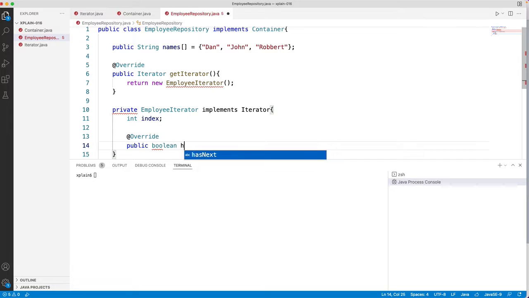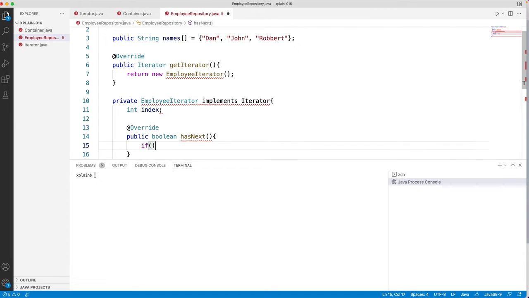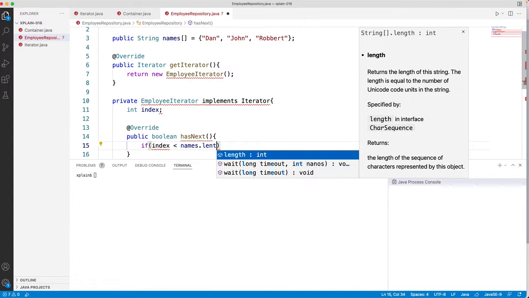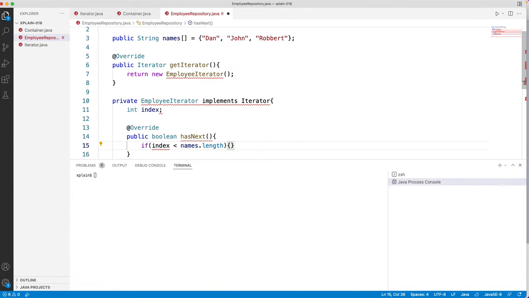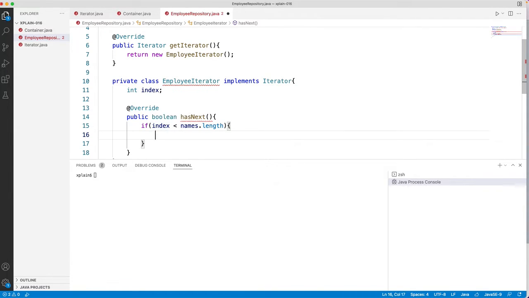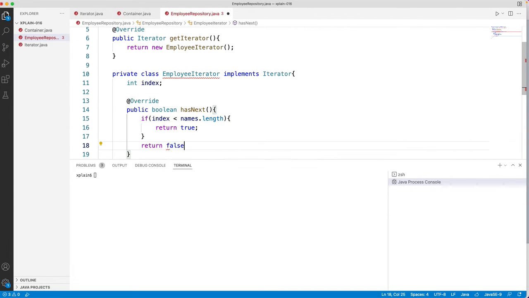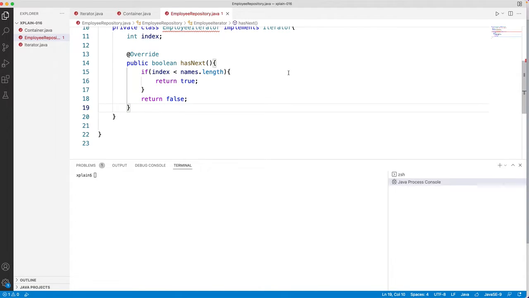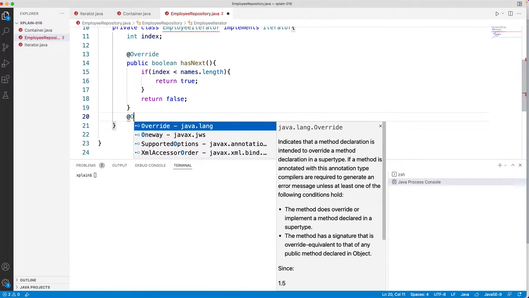Public boolean hasNext method that will check if index is less than names.length or not. If it is, then we return true, else we will return false. Similar to hasNext, let's override another method